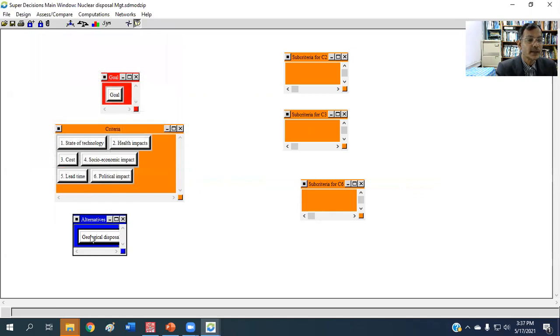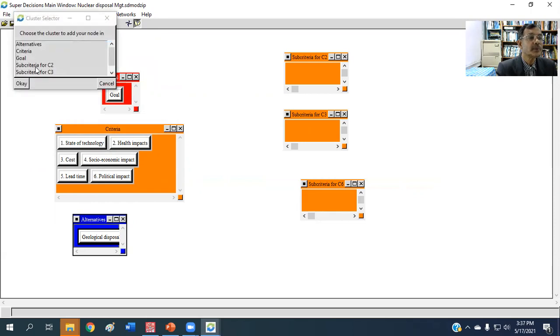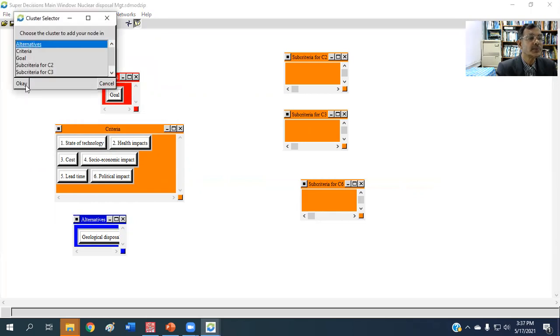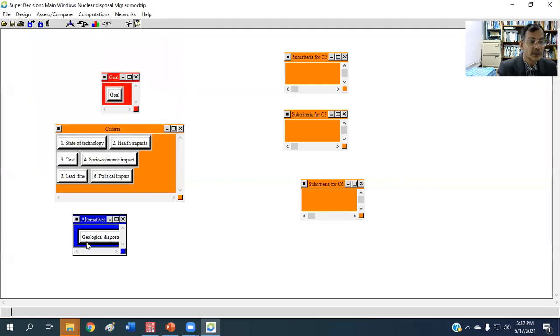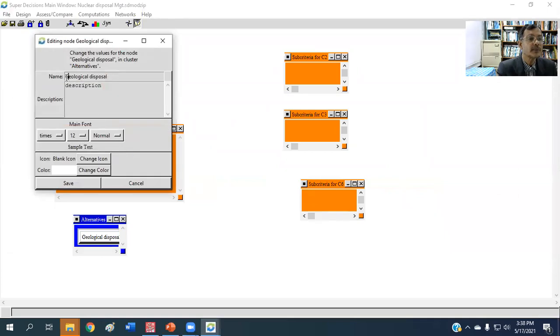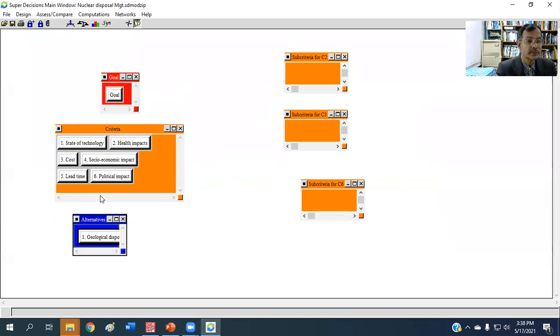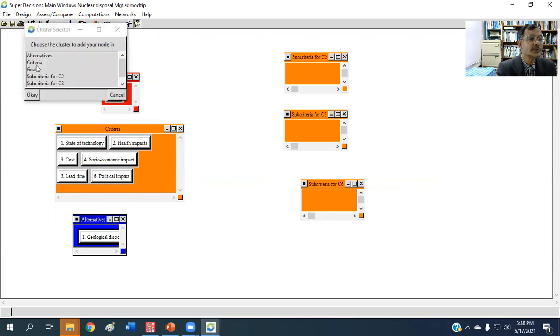Okay. Then design node, new, alternatives. Okay. Number 2, the first one is number 1. So we need to click here, edit node. Number 1, save. All right, here, number 2,